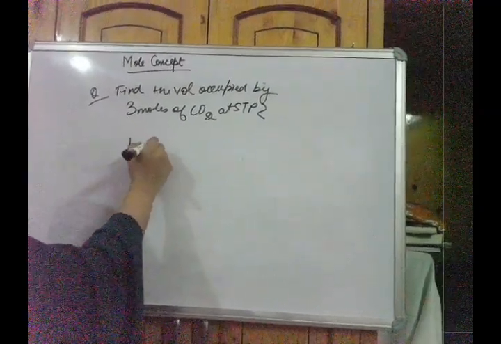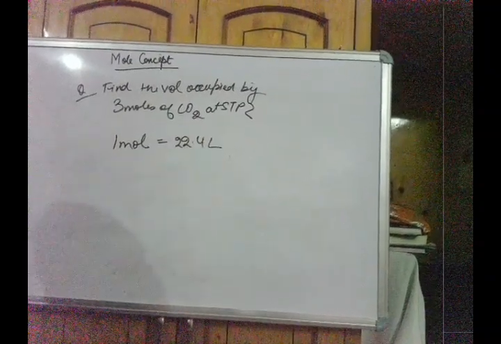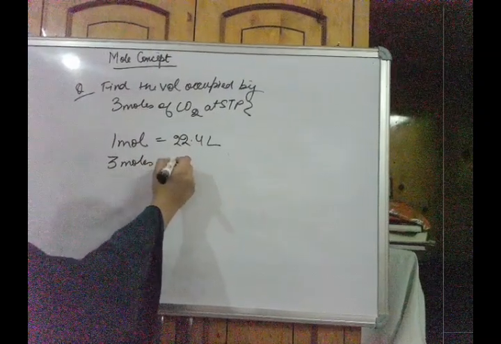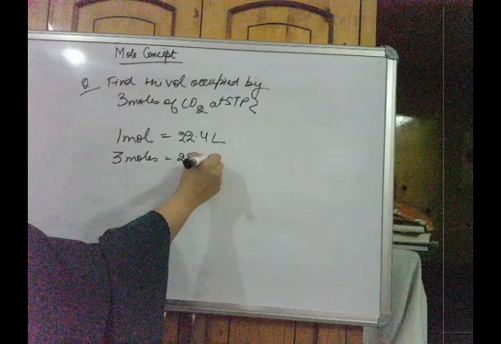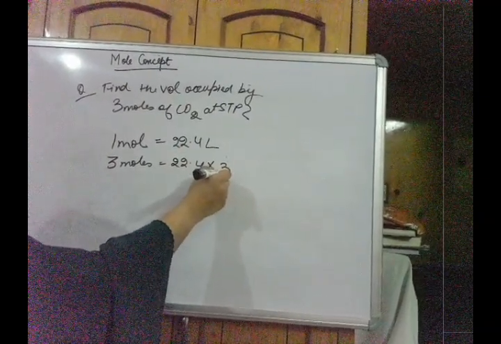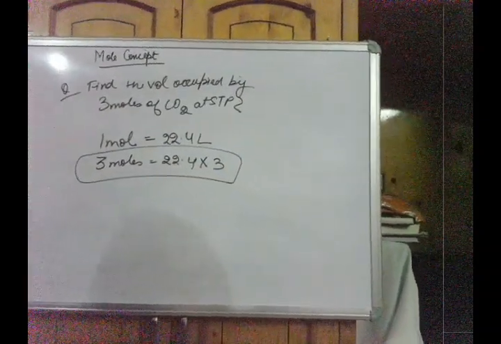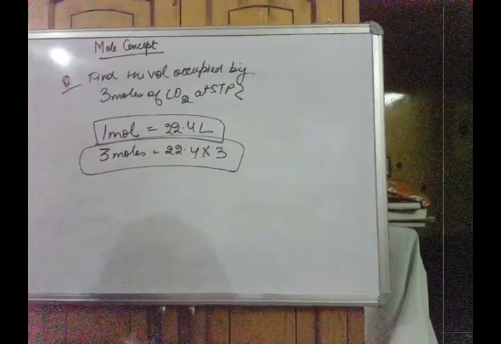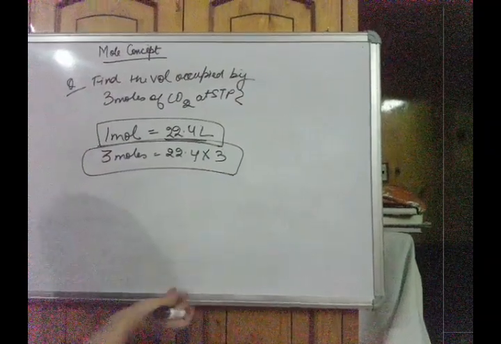In 1 mole the volume would be 22.4 liters, and now in 3 moles we can say, by the unitary method, that in 1 mole there is this much, and in 3 moles it is multiplied by 3. This is a simple question that you should know. Mainly, you should know that 1 mole can be equated with 22.4 liters, then 3 moles, 5 moles, multiply by 5, multiply by 3, any of them.